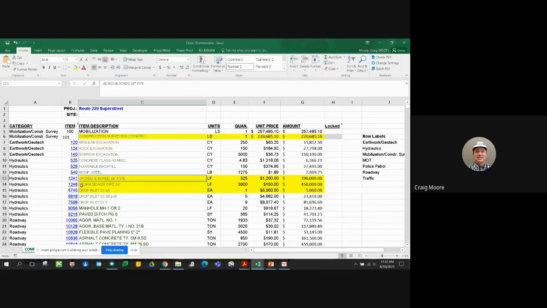Another consideration that I wanted to point out was jacked and bored. Are we going to be able to open cut Route 220 and shut down traffic out there? No, not going to happen. So we need to plan on doing some jacking and boring out there for our storm drainage system. Again, we don't necessarily know if we will have to do that for every pipe, but we do know we're going to have storm drainage, and planning for that in our cost estimate, I think, is very prudent on